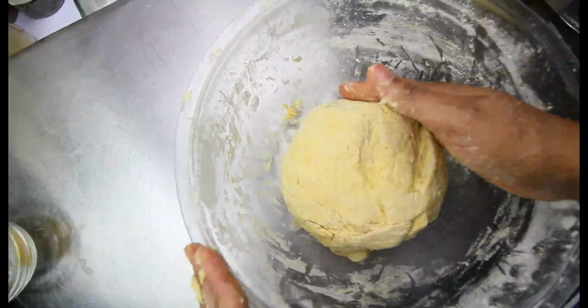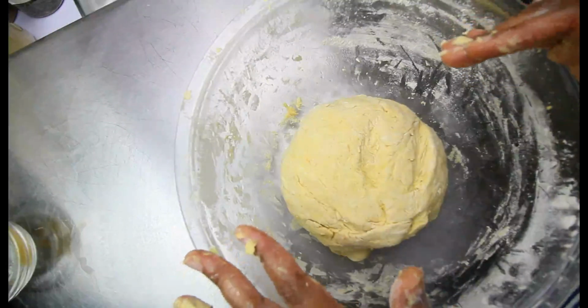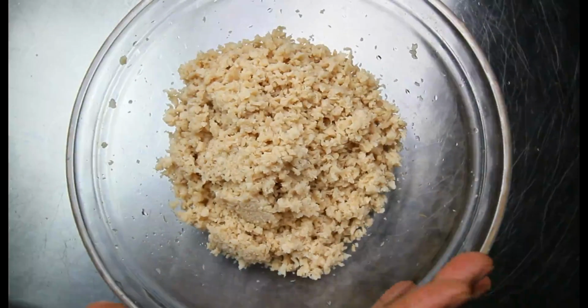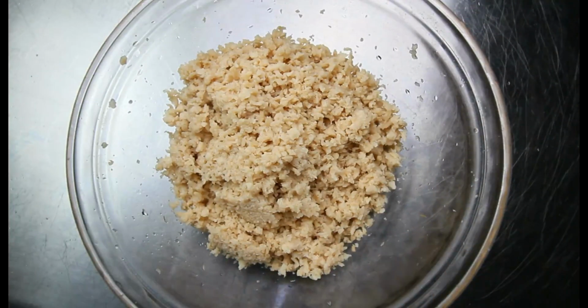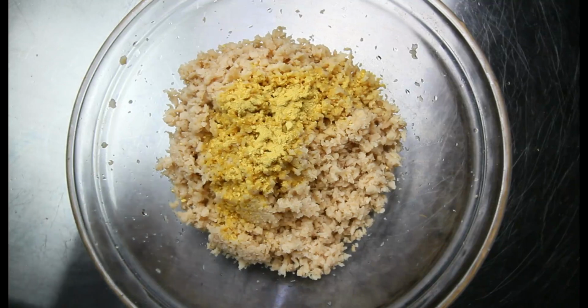Now that we have brought the dough together, we're going to rest it in the fridge for about 15 minutes and season the veggie mince. Okay, so the veggie mince is going to act as a substitute for beef. You know that. All right, so for this you want to go in with some ground ginger, garlic powder,